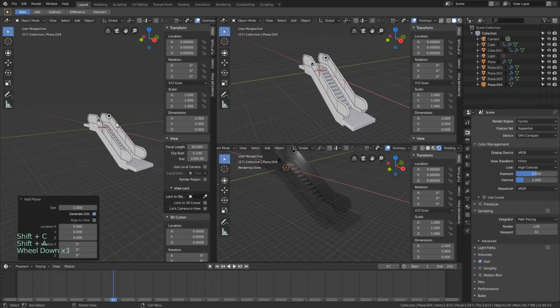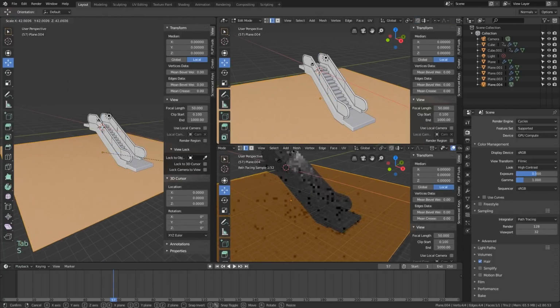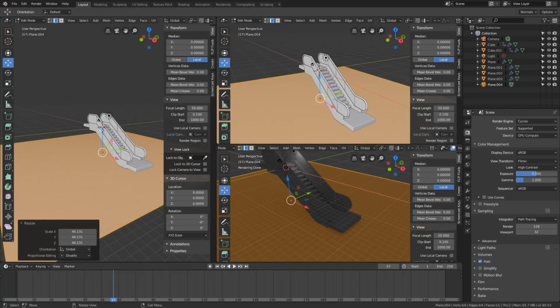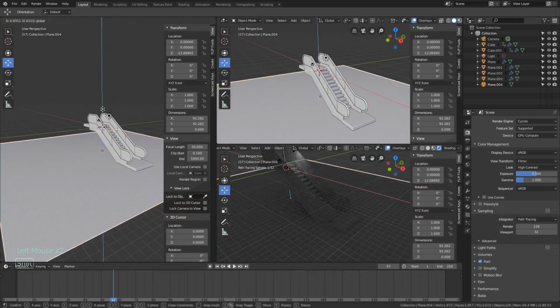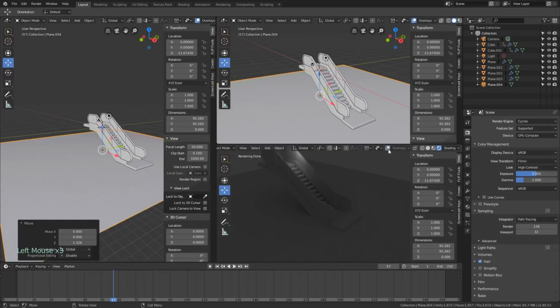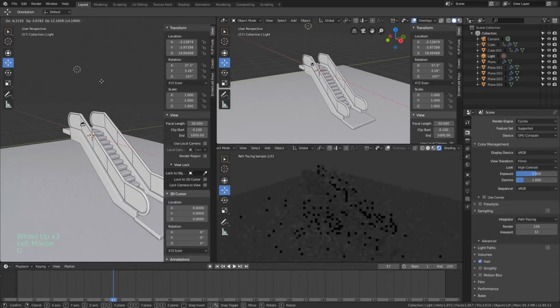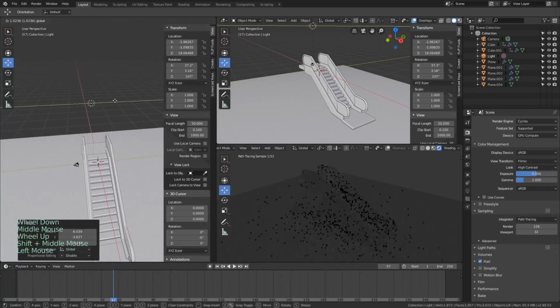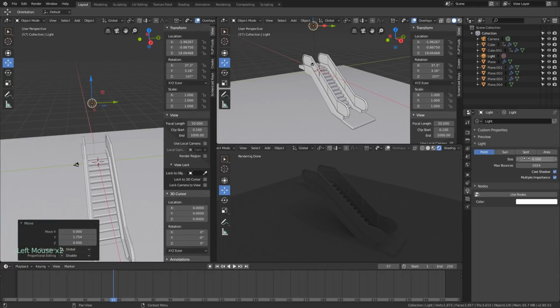So let's just press Shift C. Let's add a plane. G Z. Scale it up a little bit, something like that. And let's move it up so it's at the floor. Also, we can turn off all these overlays and get rid of this. So we've already got a little bit of a lamp there. And maybe we make this a little bit brighter, a little bit bigger. Use nodes.